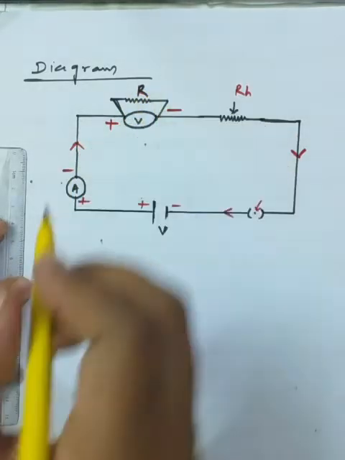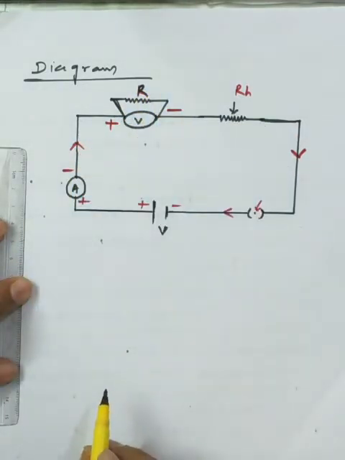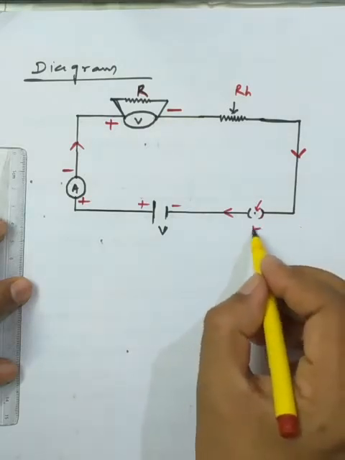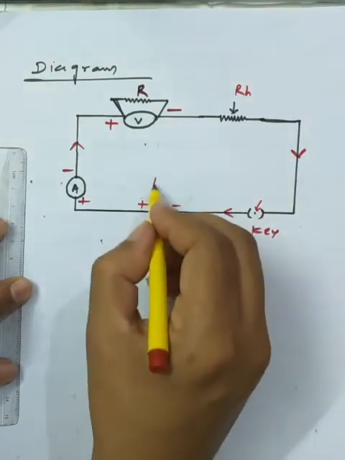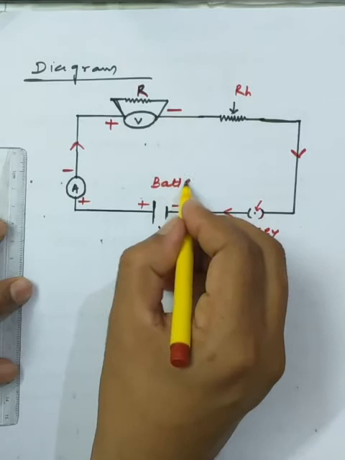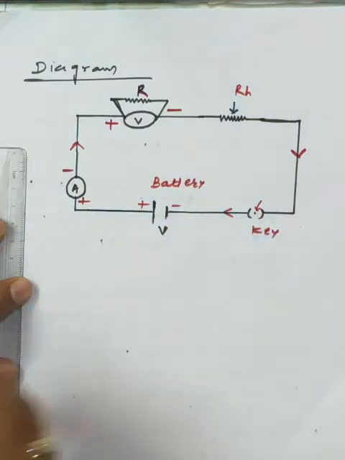Now this is the resistance wire we have. This is the portion of the key we have. This is the portion of the battery we have. Okay, this is the ammeter we have. So all the portions we have shown here one by one. Okay, I hope from your side that you are also doing the same thing, and that you are able to hear my voice clearly.